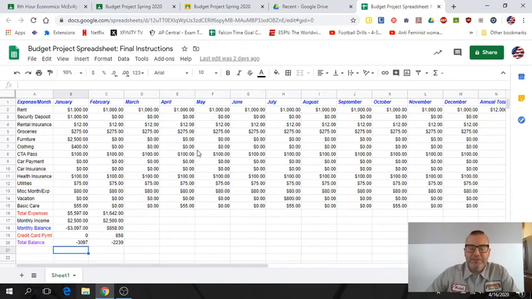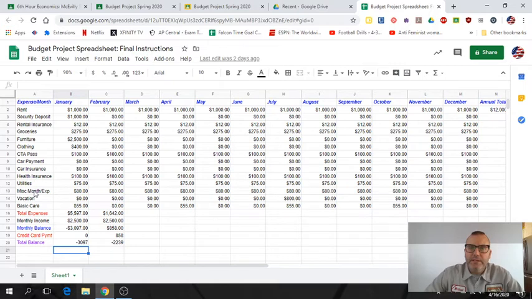For many of these things, for the way this project worked out, it turned out to be fixed expenses. Your rent is the same every month. Even our groceries are the same every month. There are some items that you only had to purchase once, your clothing, and every other month it would have been $0, or your furniture. The one thing that will change for you month to month is your miscellaneous monthly expenses. But everything else is pretty much consistent. It's either the same every month or there's a pattern. Your basic care, you pay it once, you're off a couple months, you pay it again, et cetera.